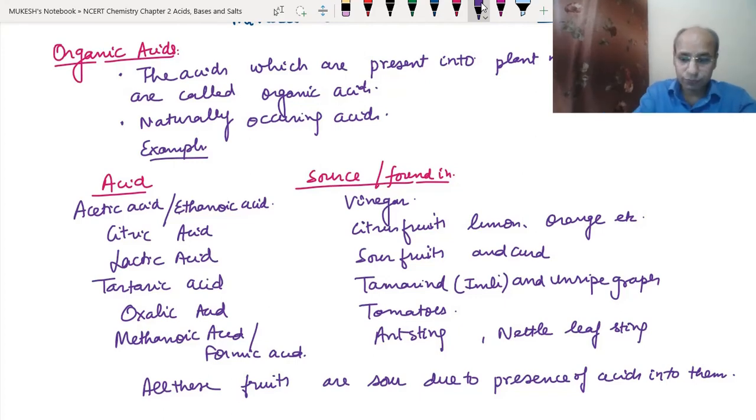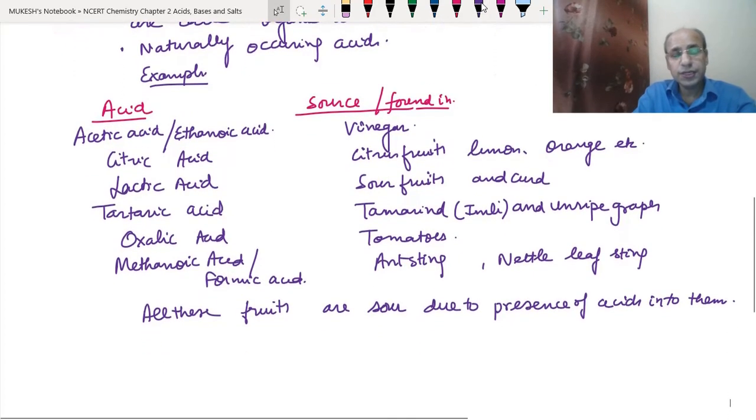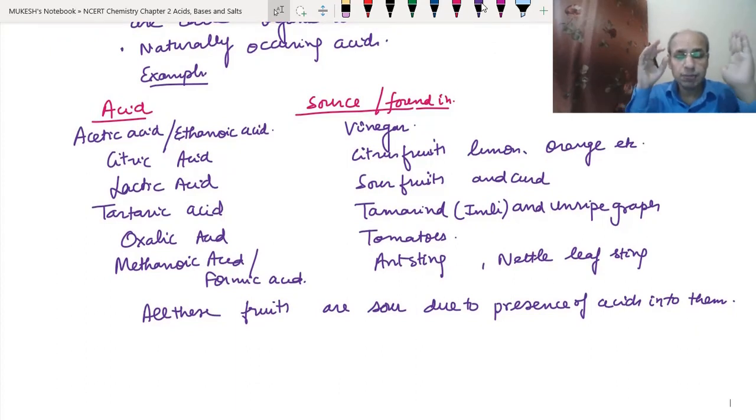Now, as I told you, we should not taste any acid without knowing whether it is safe to drink or not, because some acids may be harmful and some acids may be good for the body. All these acids that we have listed here are weak acids, and we can take them after diluting them in water. If we take them in the concentrated form, then it may not be good for the body. So we normally take them by diluting them, by putting them into water.